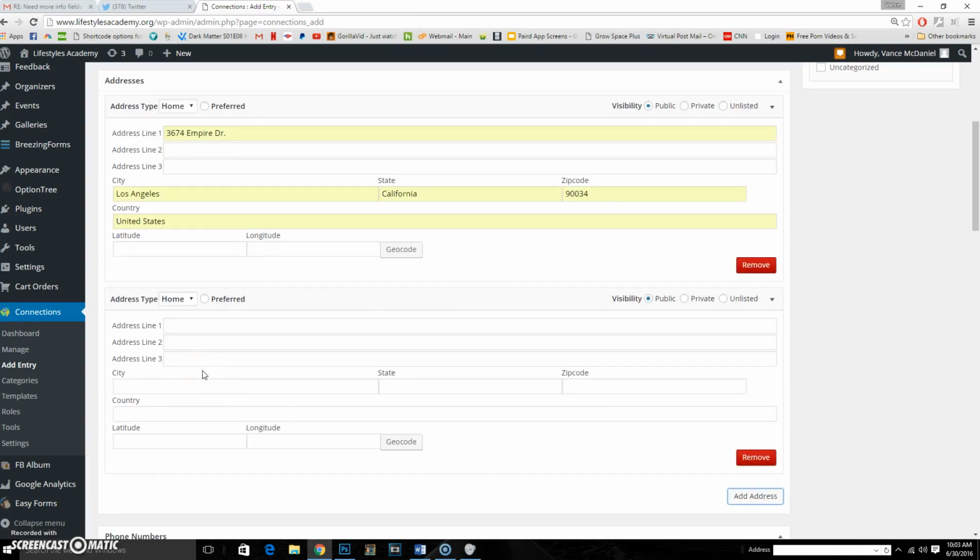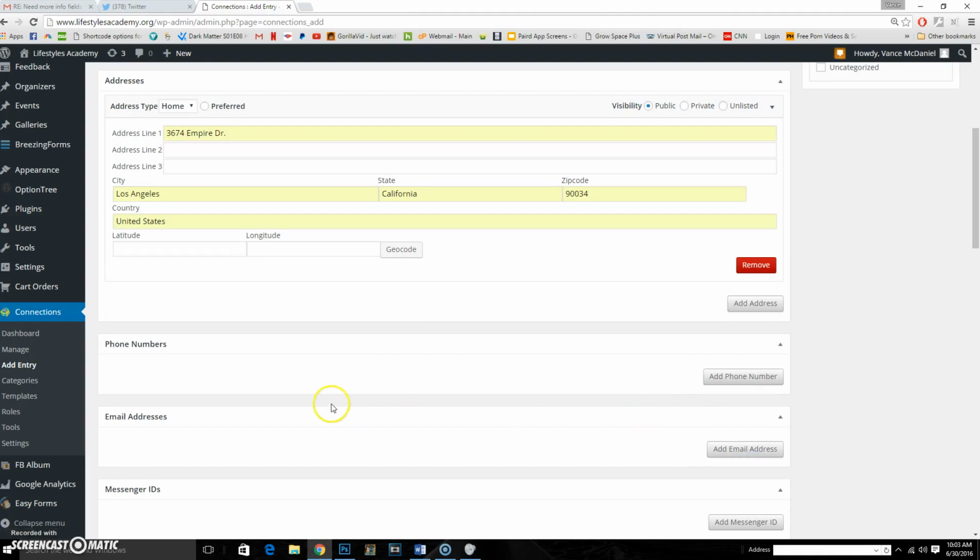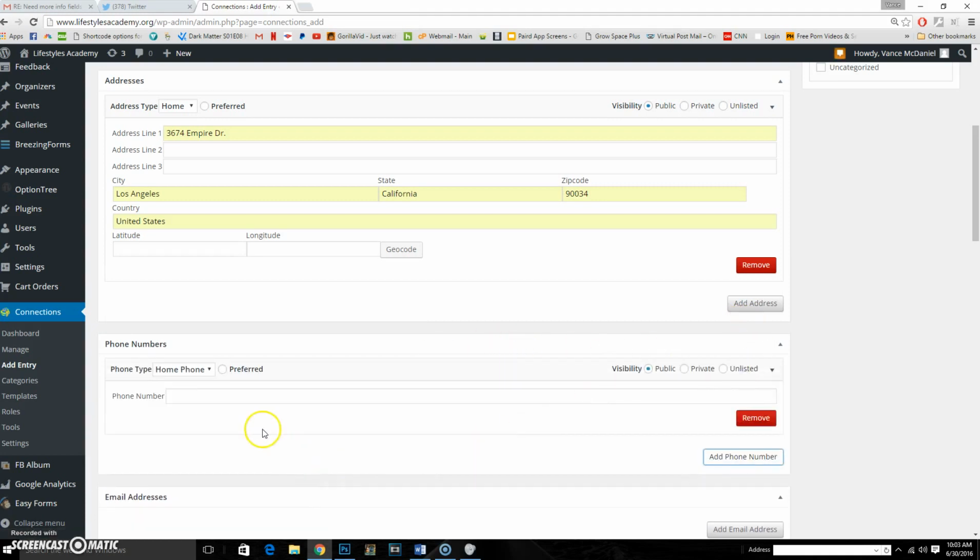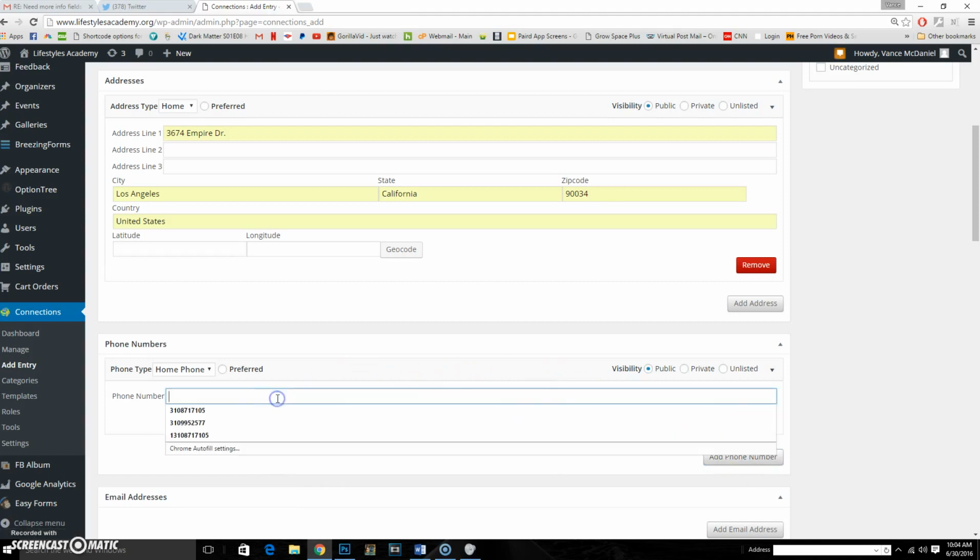So sometimes companies have more than one location, so you would add a second address. This company does not, so we'll click over here and hit remove. Okay, now let's go to the company phone numbers. We'll click on that, add phone number, and type in the company's number. This company's number is